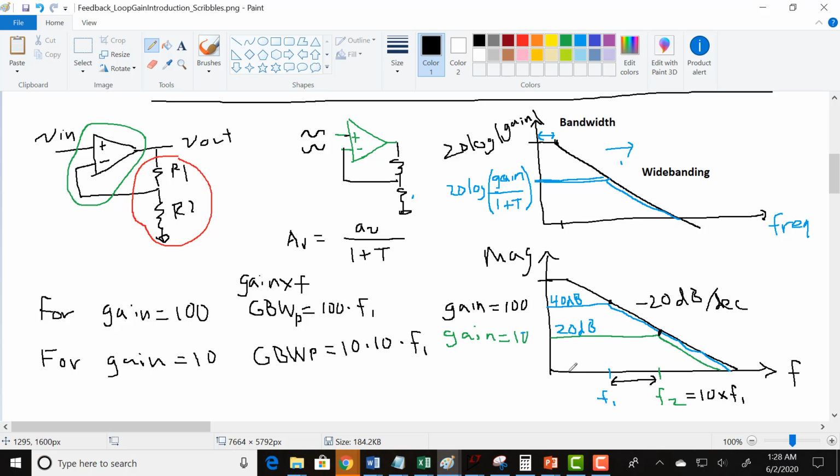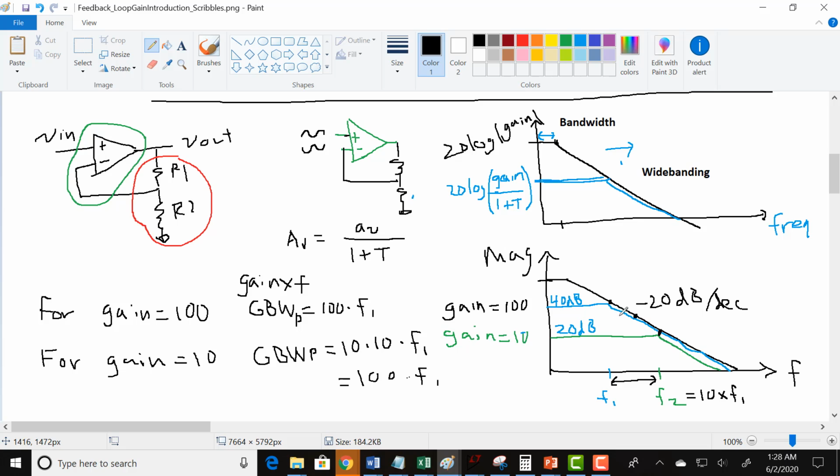And you can see that you still get 100 times F1. And that will happen with any gain that you give this. If you take a line across,